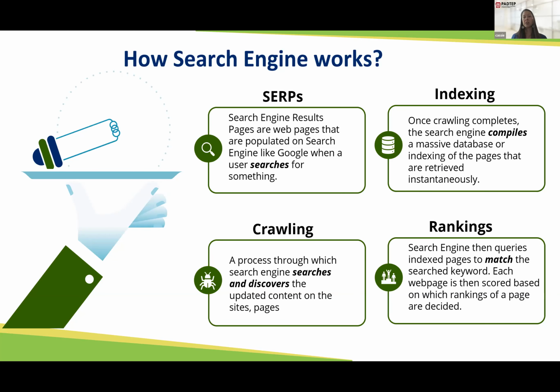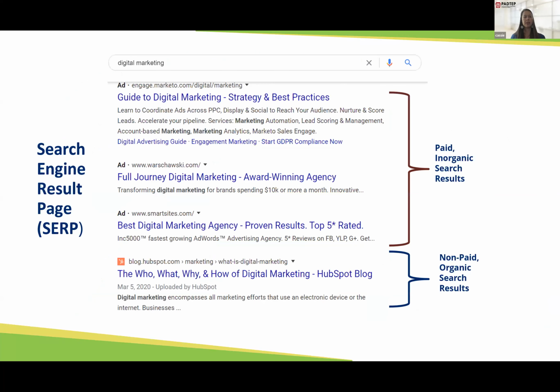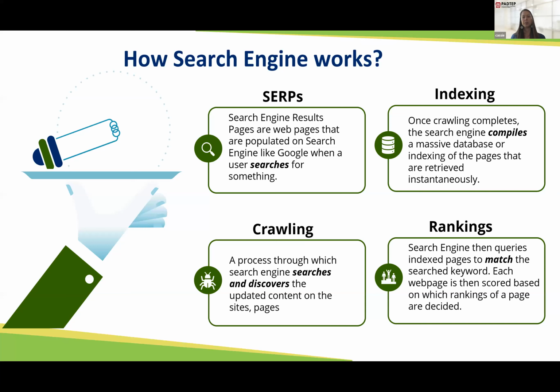Now, to better understand search engine optimization, or SEO, and how to improve it for your website, it first helps to know how a search engine works. Examples of search engines are Yahoo, Bing, and Google. Google is the largest and most used one. A search engine results page is what we just talked about. That's this here. This is also called a SERP for short.